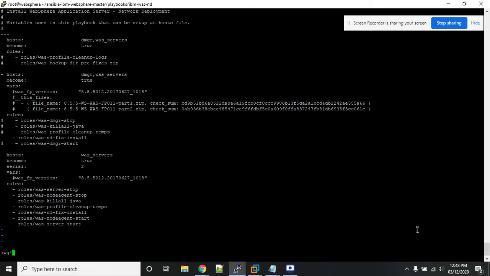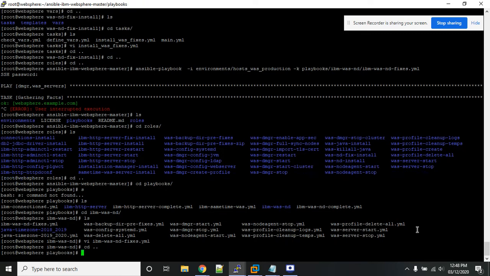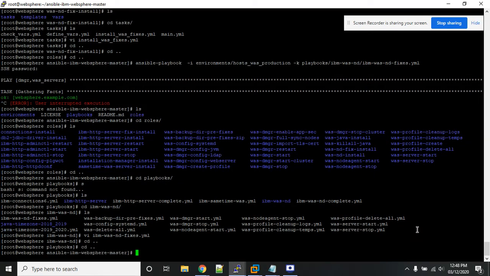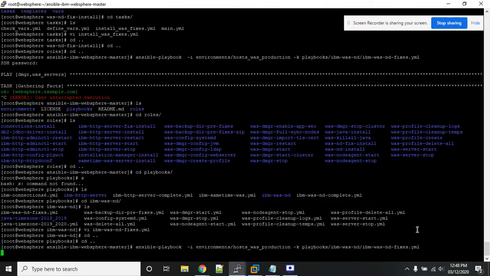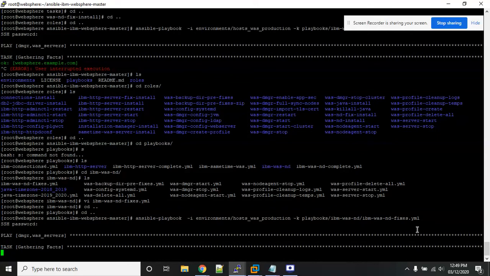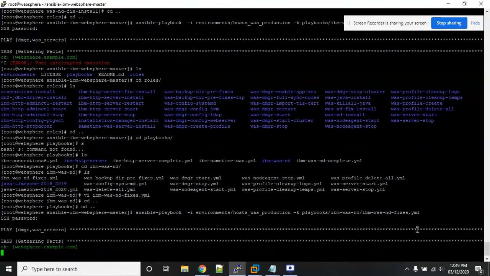So I've put here hosts WAS servers also. Now I'm good to go. Pretty easy. If you have made the changes correctly, then your WebSphere fixpack would be done in one go.